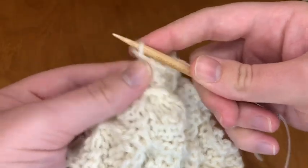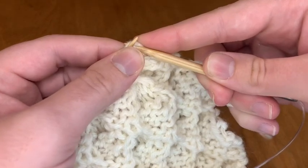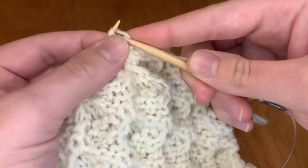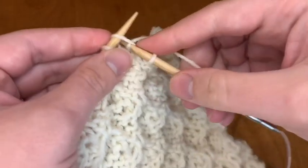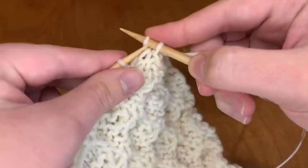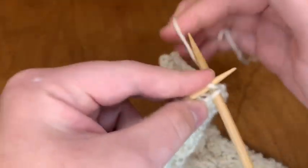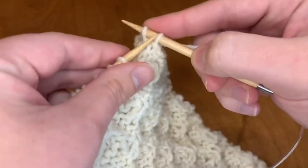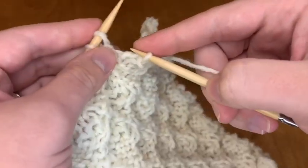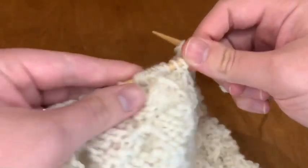So real simple, not too hard. And you just want to do that all the way across the top of your square. And once you get to the end, you'll cast off that last stitch, and then you'll pull it through to pull it tight, and I'll show you exactly how to do that here once I get to the end. And then I'm going to show you how to block your square,